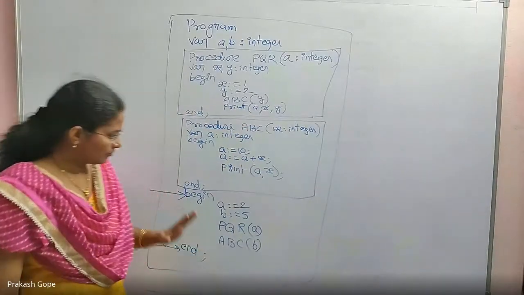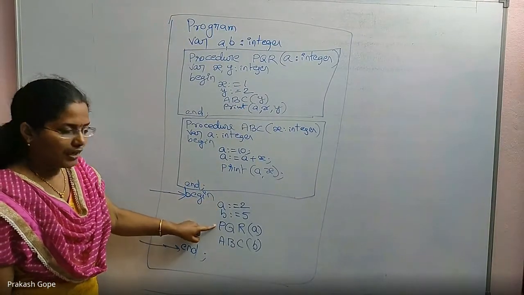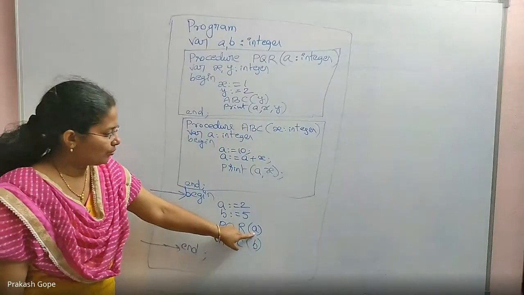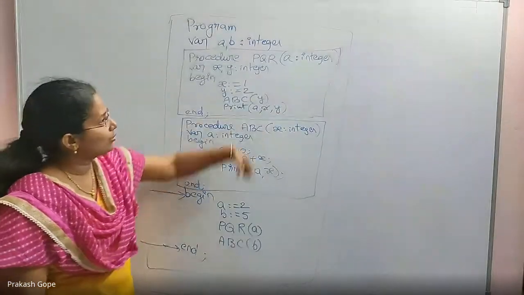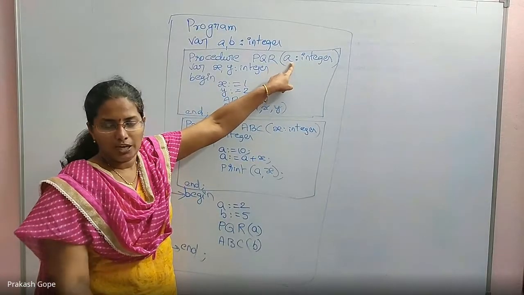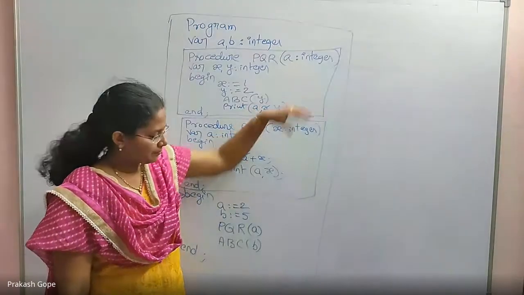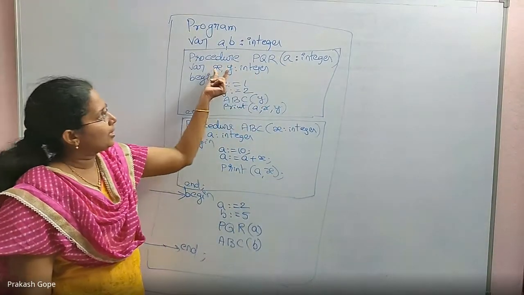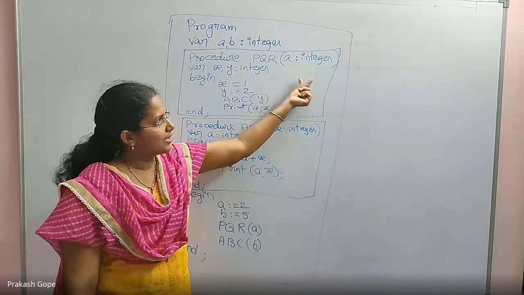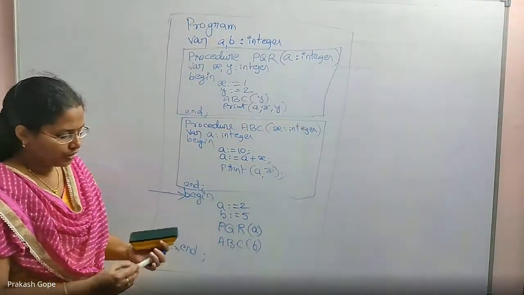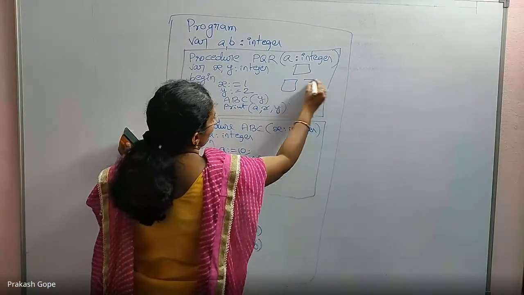Now you should see, I am executing the program. Variables are declared. Execution started. I called PQR function with a value A. So A value is 2. So I will go to PQR by copying value 2 into this local variable. I told you formal parameters are local variables. So the memory gets created for this A and the 2 value will be copied into A. These local variables x and y will also be declared, so memory gets allocated for x and y also. So here I have A also, x and y also.